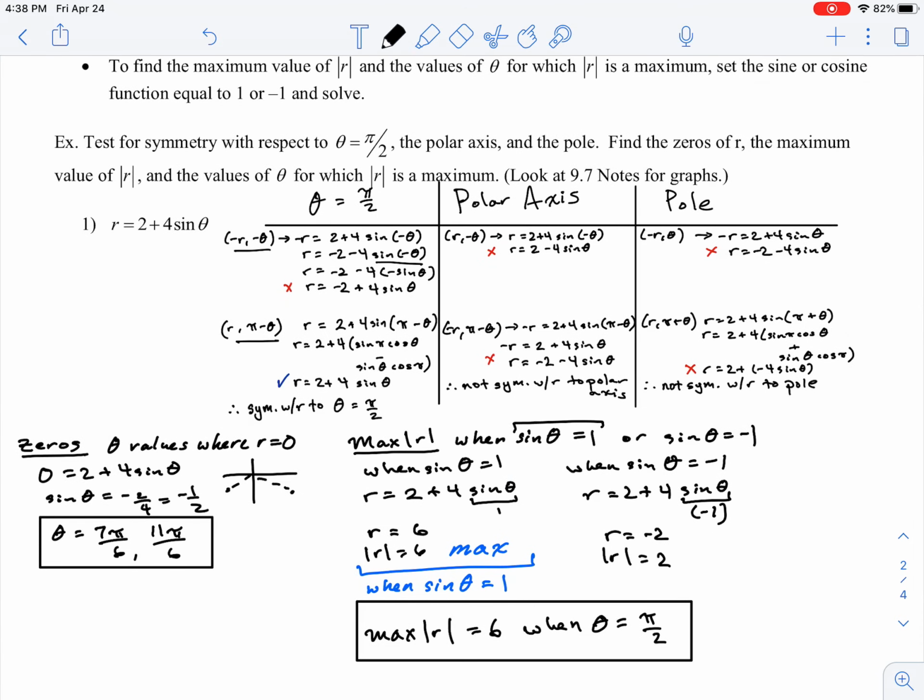Just to recap, we tested for symmetry over pi over 2, the polar axis, and the pole, and we were able to find the zeros and the maximum r values. In the next video, I'll do one more problem just to make sure that we